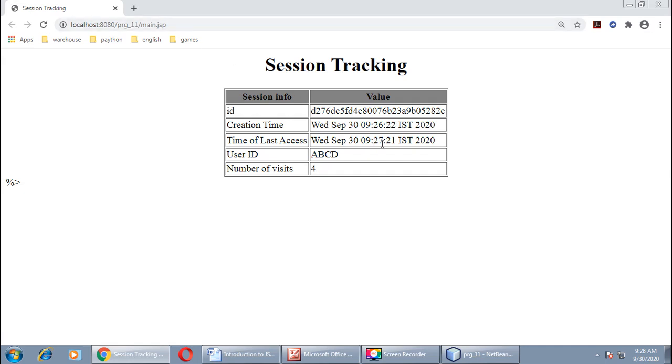As you can see, the time is changed. The ID is the same, the creation time is the same, but the time of last access is changed. It is 9:27. The user ID will remain the same, and I visited for the fourth time. This value we got with the help of the visit count.